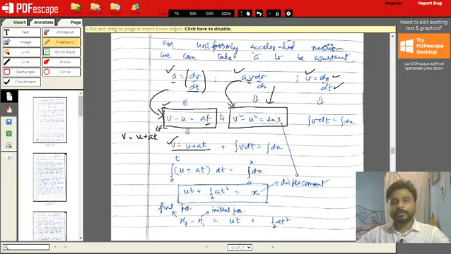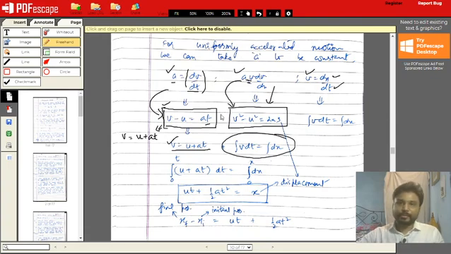So now moving on, we have to derive another expression. What we do is we use this integral v dt is equal to integral dx. This came from v equal to dx by dt. Now here the velocity v is final velocity, so we put v as u plus at, and we have to integrate this.